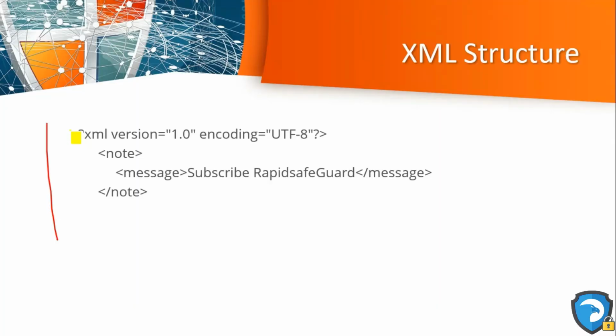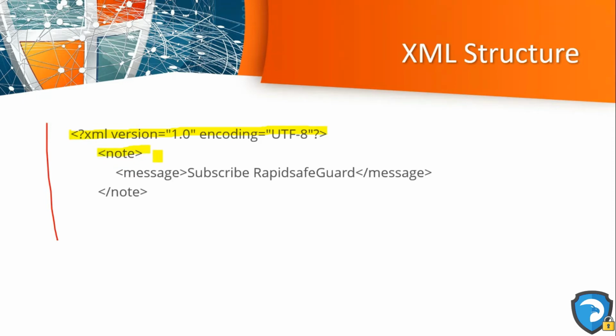Now let's understand the structure of XML code. I have given a simple example over here. The first line is an XML declaration. As you can see, xml is in small letters, so XML is case sensitive. The version number is 1.0, where version is the XML version, and encoding specifies the character encoding used in that particular document. Here I have used UTF-8. It could be any different encoding, ISO or any other.